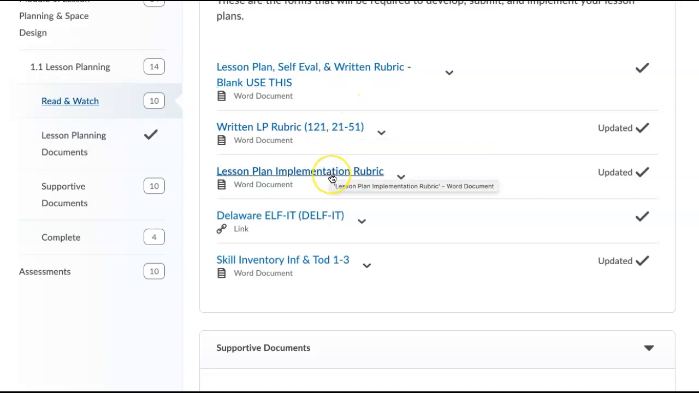You also have your lesson plan implementation rubric. After you complete the implementation of your lesson plans, and they will be recorded to be submitted and evaluated, this implementation rubric will be used. The Delaware Early Learning Foundations for Infants and Toddlers is the document that you will reference to create your standards